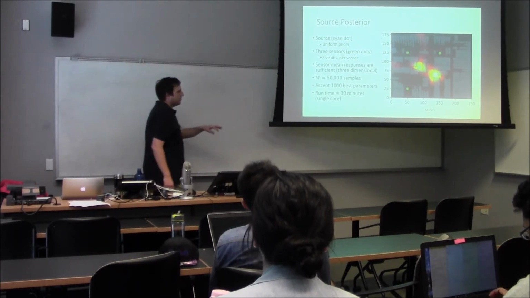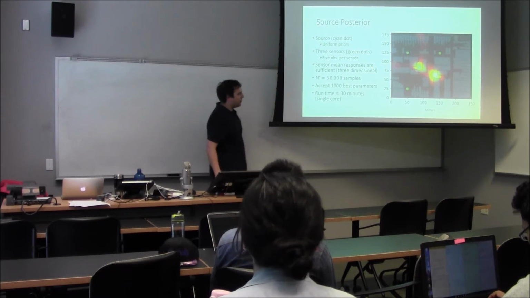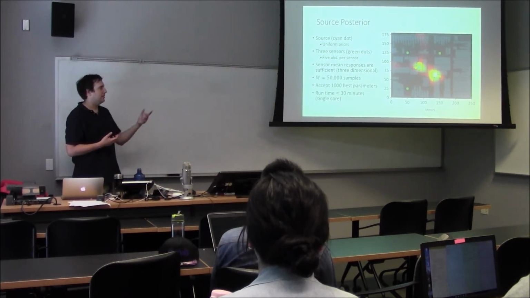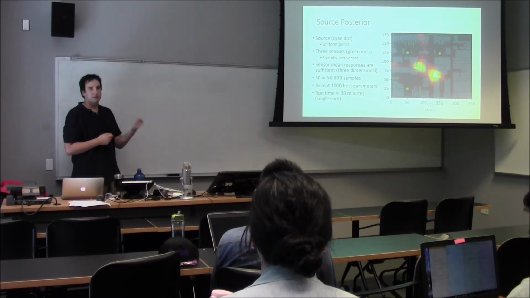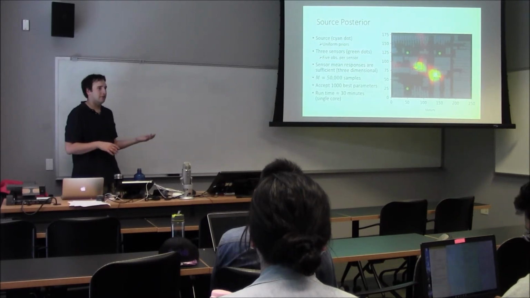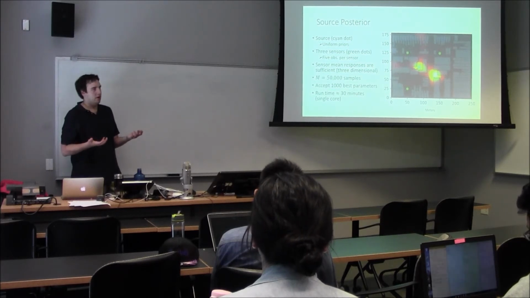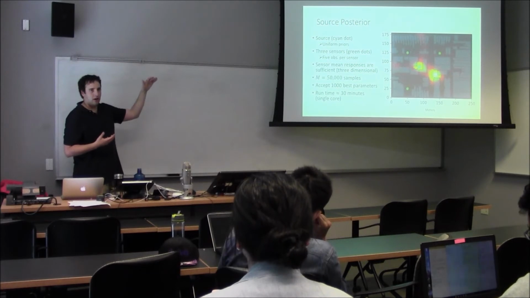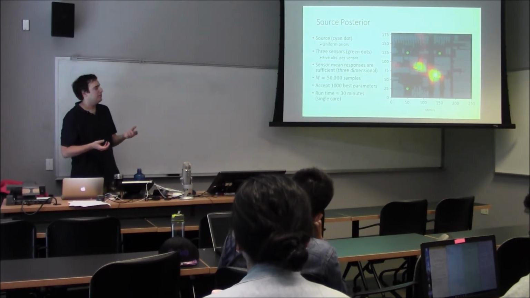So I put here the runtime. It took about 30 minutes on a single core computer, and basically all of that time is calculating these forward simulations over and over and over again. This is actually about half the time that it would take to use a more traditional MCMC approach to this problem, because this is, again, one where we know what all the priors in the model are. They're all relatively nicely behaved, but